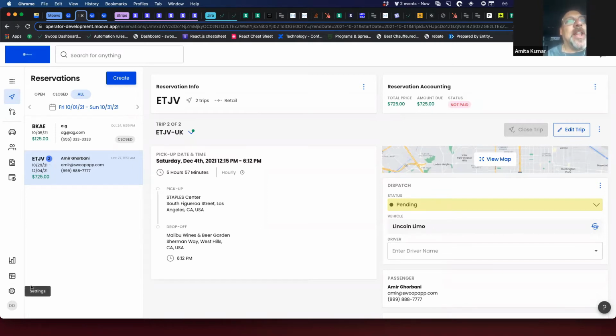Unless, let me be corrected, when they first book, they do have the choice of hourly or transfer. If they pick hourly, they get to choose how many hours they want. Yes, I get that. But some people don't even see that, and therefore they get a transfer rate.